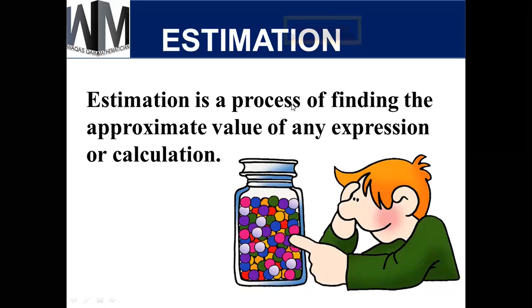So Furkan, it's possible to give the accurate answer, but it will increase the difficulty. So yes, Umama, it is difficult to calculate the number of balls exactly. He would have to take all the balls out of the jar and then count them. So despite doing all these things, it is better to approximate here. Sometimes giving an accurate calculation is difficult, or sometimes it is not suitable. Here it is not suitable to give an accurate answer, so it is better to give an approximate answer.